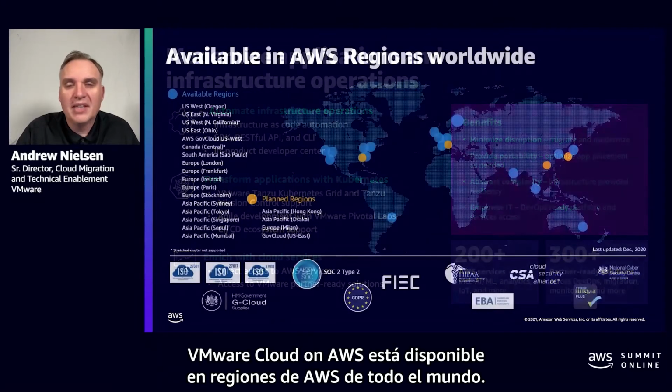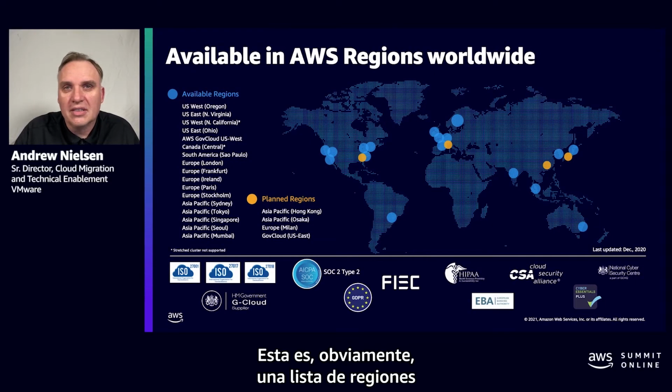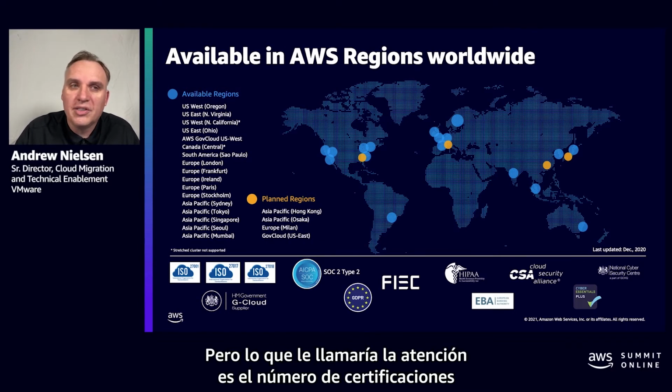VMware Cloud on AWS is available in AWS regions around the globe. There's obviously a list of regions that are currently available and planned. I'm not going to take the time to read through those. But what I would call your attention to